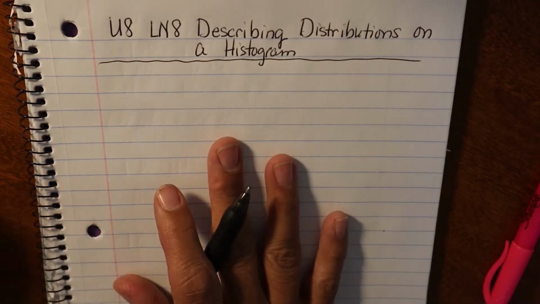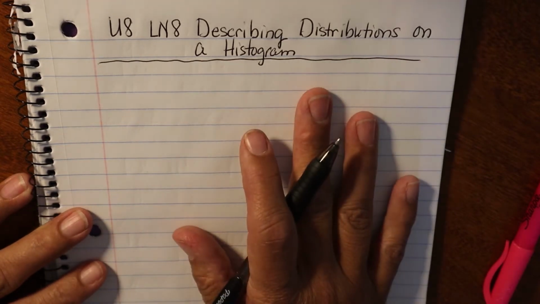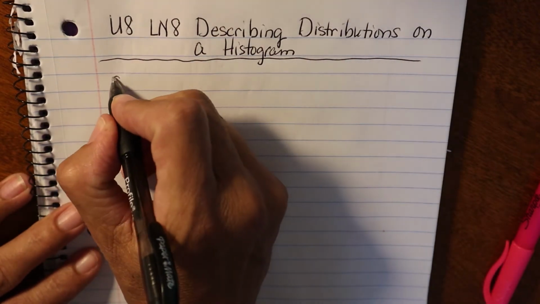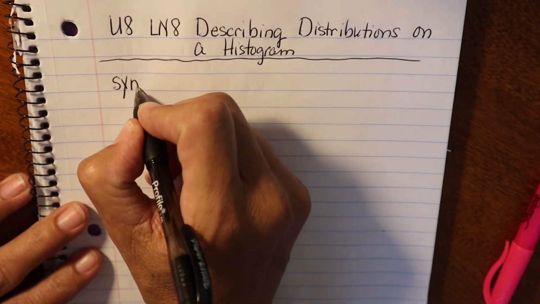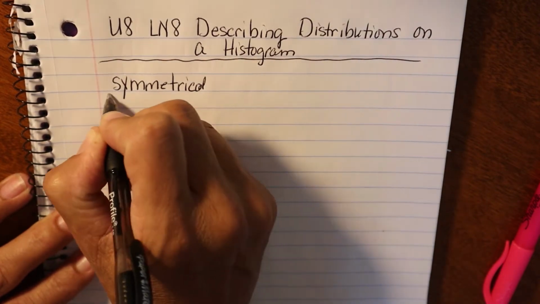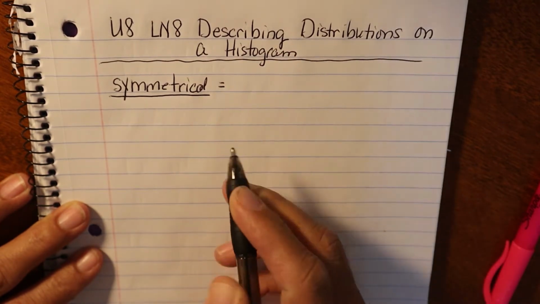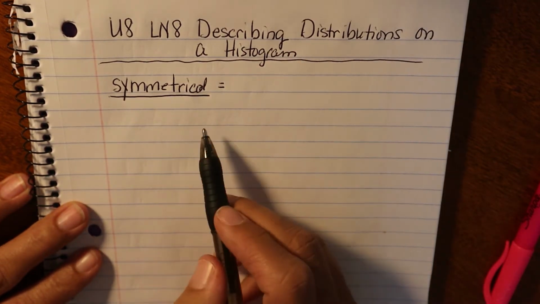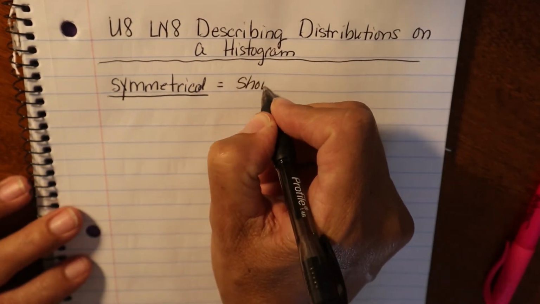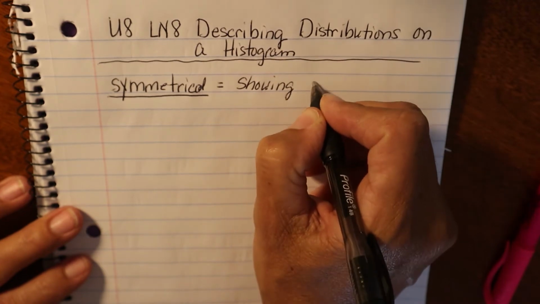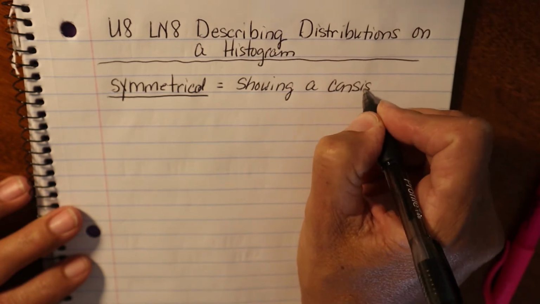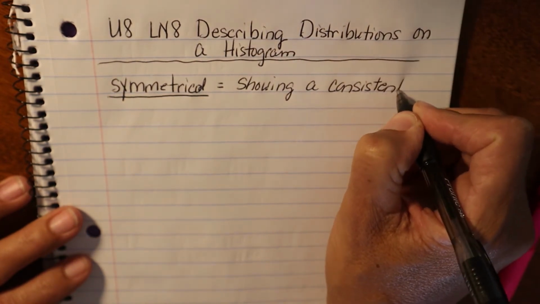So the first thing we're going to talk about when it comes to describing histograms is something called symmetry or symmetrical. So let's go ahead and write that down. Symmetrical. And it's going to be important that you understand what the word symmetrical means, so we're going to define it. Symmetrical means showing a consistent pattern